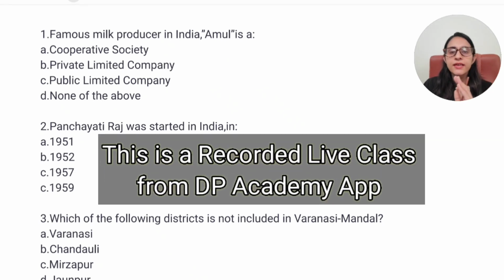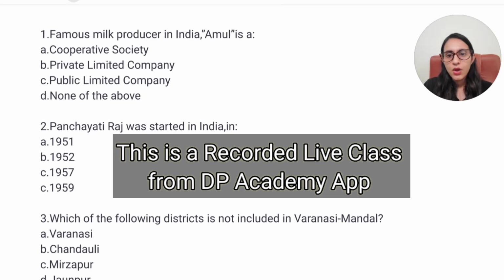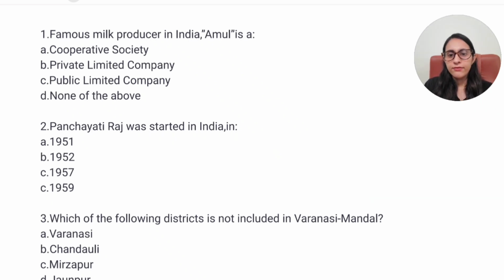Okay, so without wasting any time, let's start with the UPPSC 2019 paper discussion. First we will talk about the general studies questions, and then we will start with the dental surgery questions. So the first question we have is: the famous milk producer in India, Amul, which is the milk